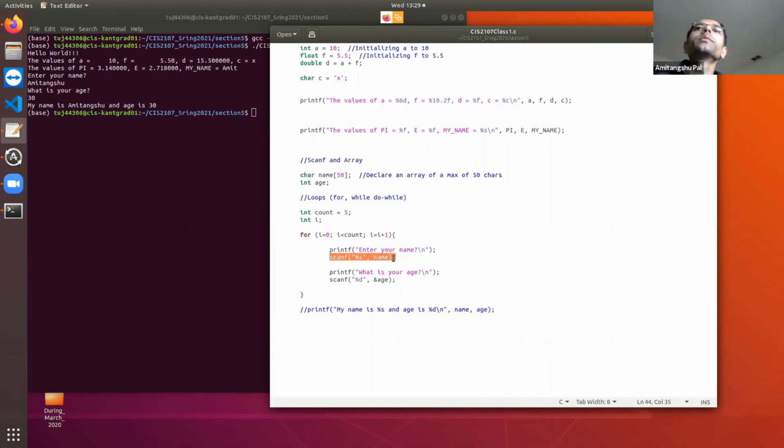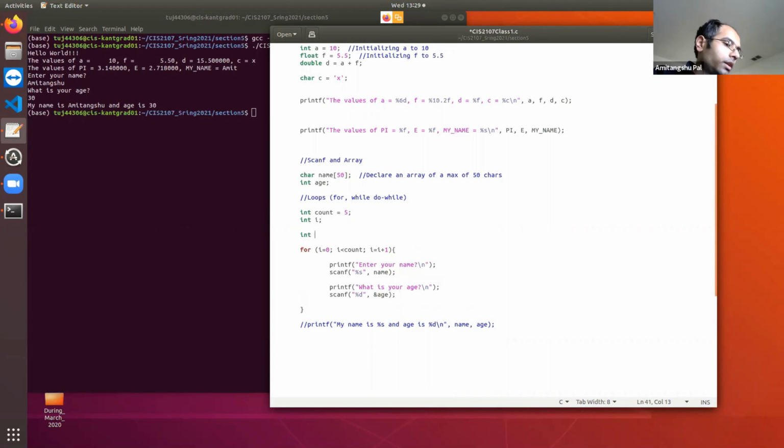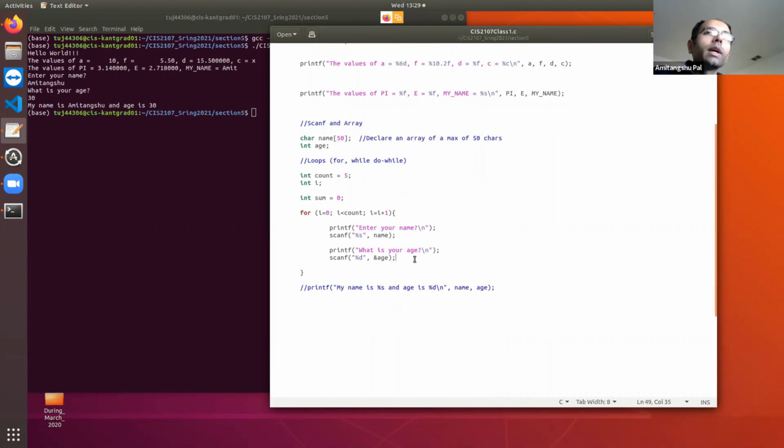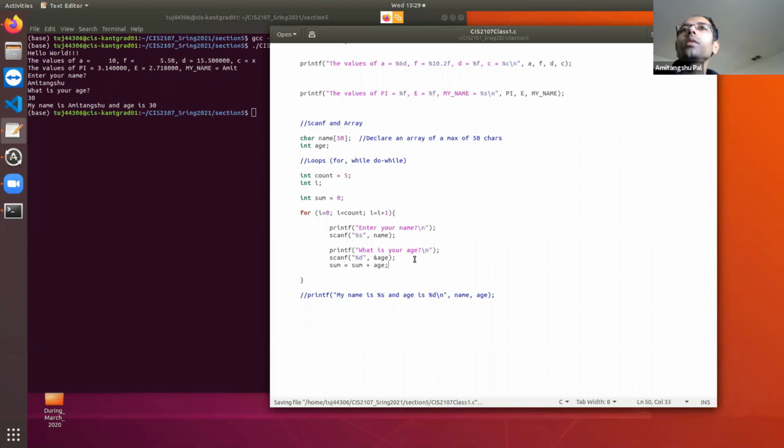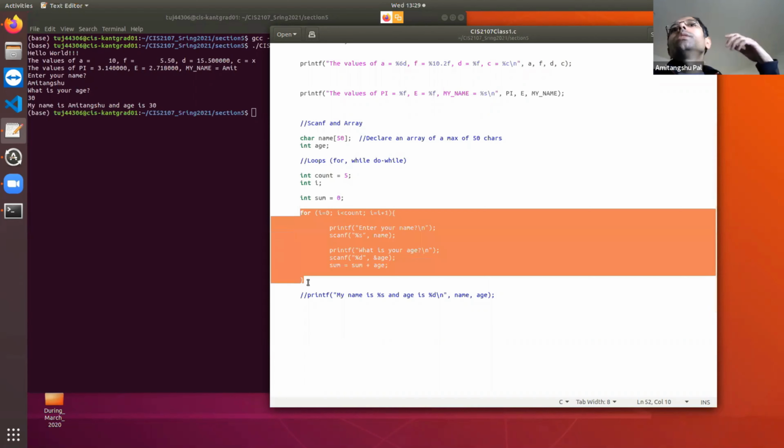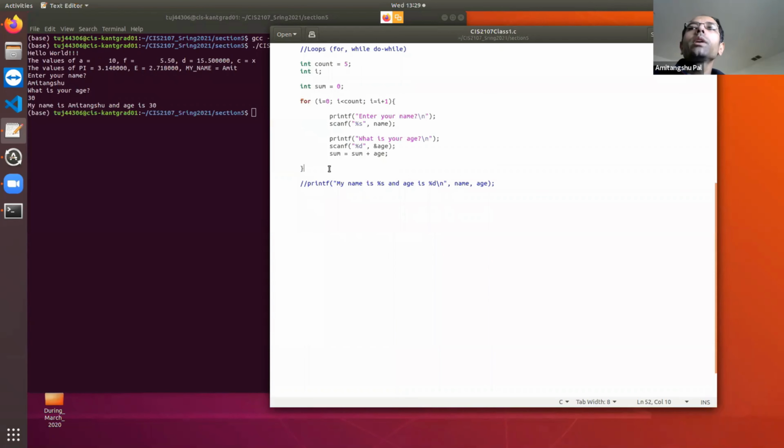Clear? Now, in addition to that, I need to add the age of the students. So let's include a sum variable, initially equal to 0. Whenever I am scanning the age, I need to increment the sum variable: sum equals sum plus age. So at the end of the loop, I will have the total age of all the students in your class. So now I can print